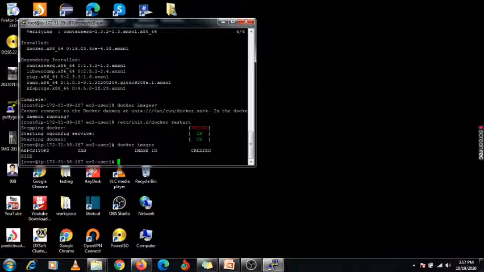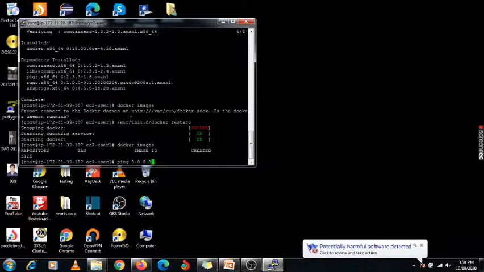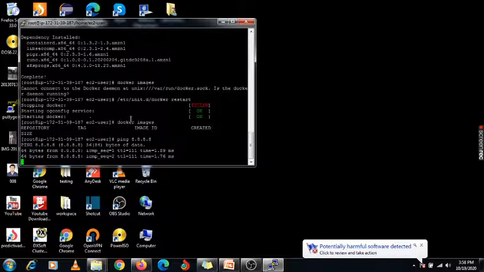Now if you want to search for any particular image on Docker Hub, how can you check it? First you need to connect this system with the internet. This machine is already connected, and you can check it using the ping command, because Docker Hub is available on the internet.